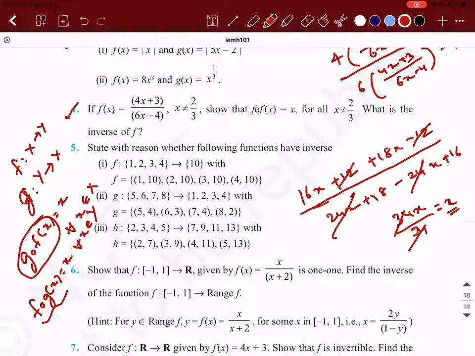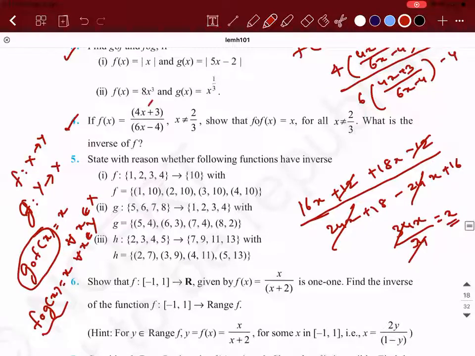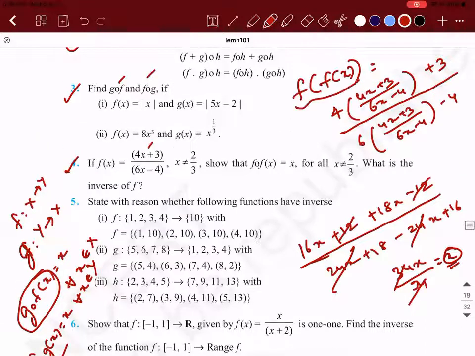So look at this problem. F circle f of x is coming out to be x. So what is the inverse of this function? The inverse of the function is the function itself. Because you're doing what? F circle f of x. So f of x is giving you an exponent. The function is an inverse of itself. That is the meaning. If you're still not convinced about how it is so,